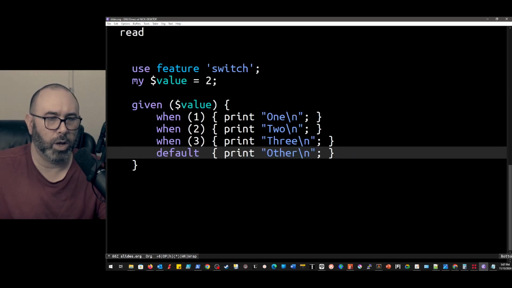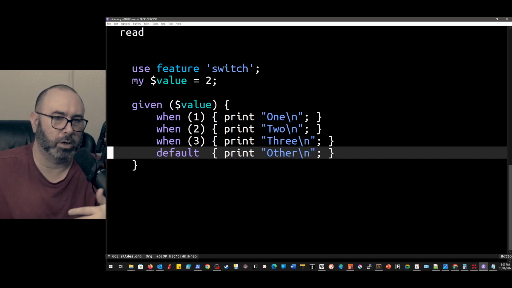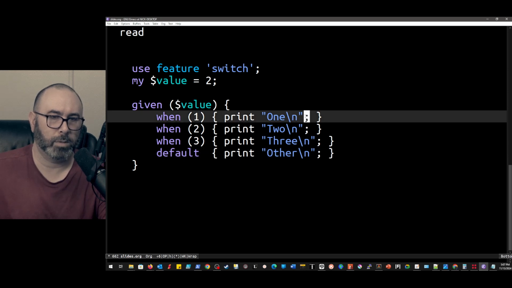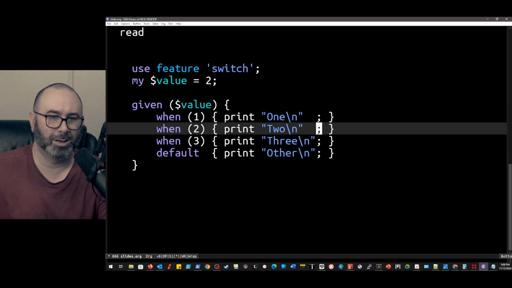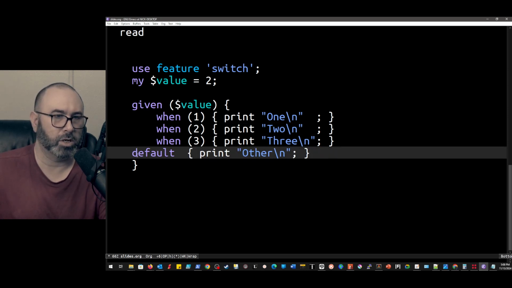Right, but we have when and then the value. So this is basically doing a comparison. So this would be fine too. And this is the kind of example of what is nice about Perl: you can do things like that where you just line things up nicely, and you'll be good to go. Or maybe you have your default statement, you want to go ahead and have that be over here, right? That would be fine too, right?